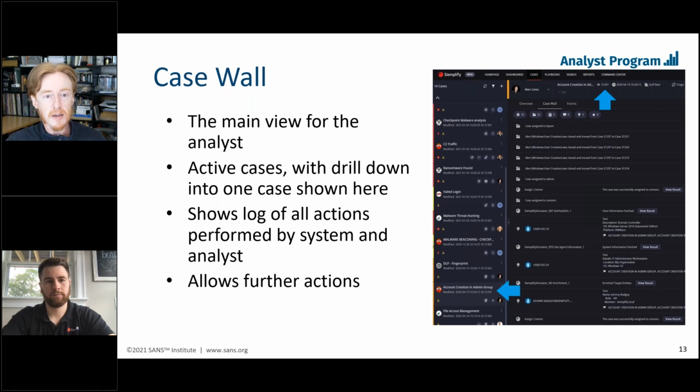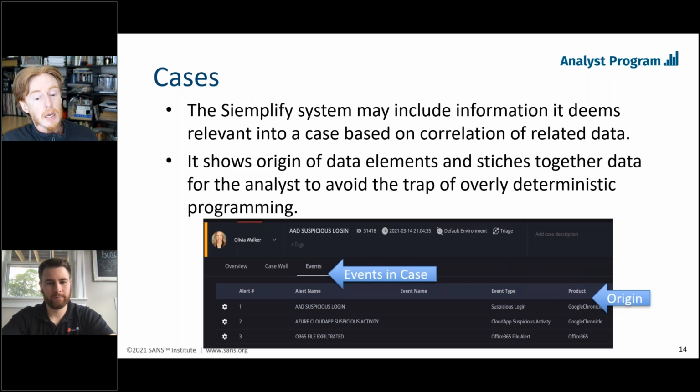And if the tool thinks that something is related, it'll pull it into a given case, and you can see, now I'm associating this other action through correlation to this. Or it can aggregate threat intelligence from your integrated threat intelligence platform and say, I think this is somehow related because this domain name is related to that thing in the threat intelligence platform, and I can show this to you. And then the analyst gets that on the case wall, right?